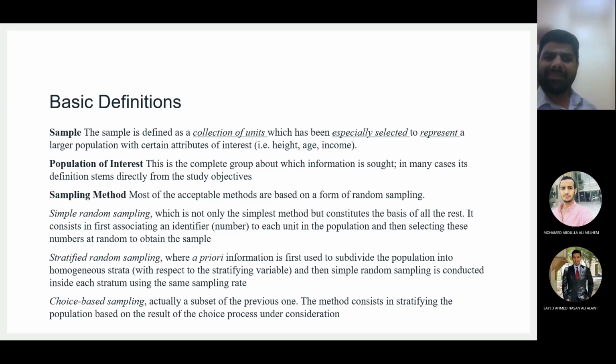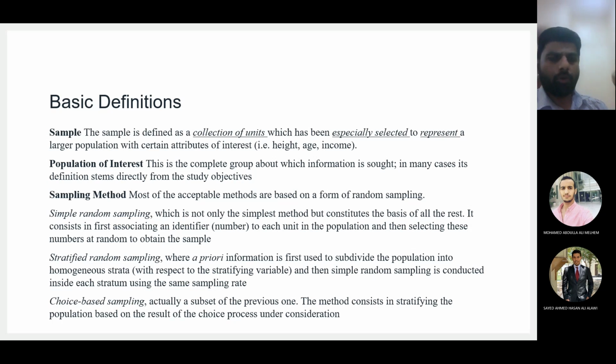The easiest way for random sampling is, for example, you have 100 households in your area. To each household, you will assign a number: 1, 2, 3, 4, 5, whatever number, or 100, 200, 300, whatever. So to each household, you will assign a number identifier, a label. So the household at this location has a label 1, the household at this location has a label 3, and so on.